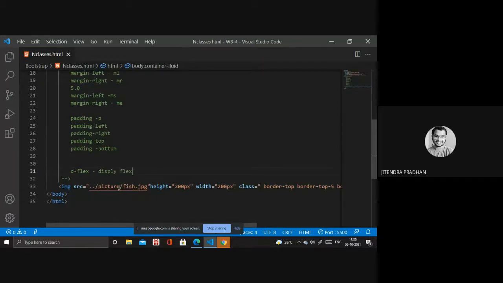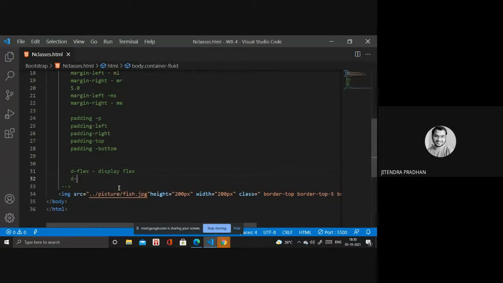Display flex. Okay, it's very interesting. Next, if you want to use display inline flex, then you have to use d-inline-flex.